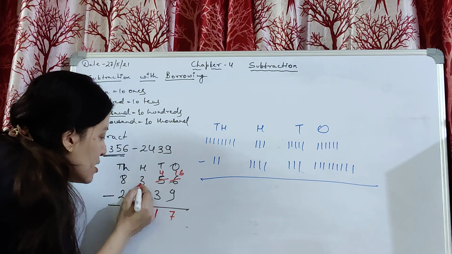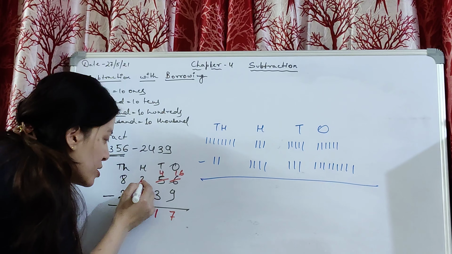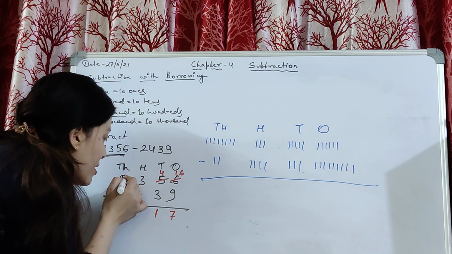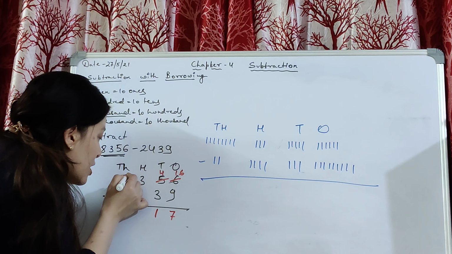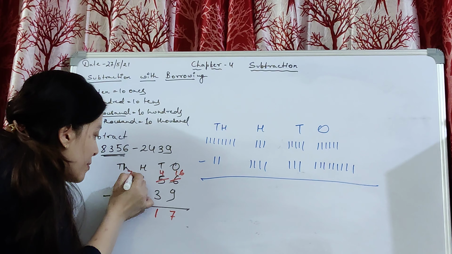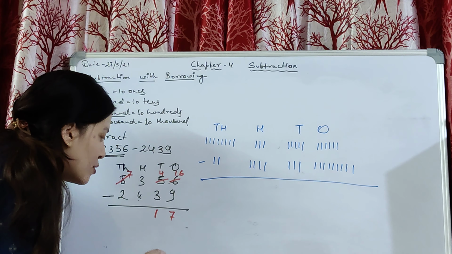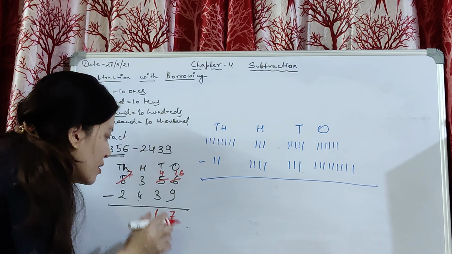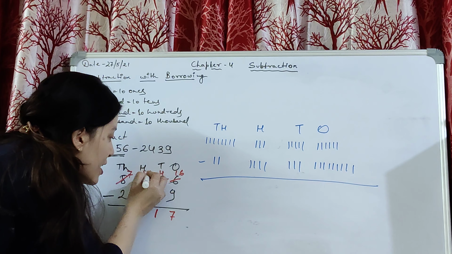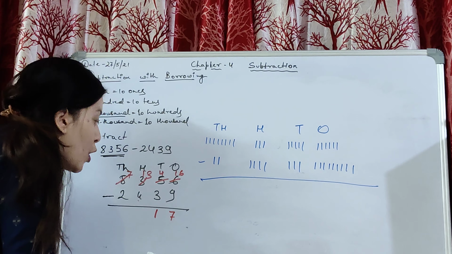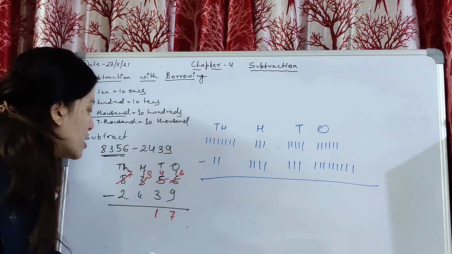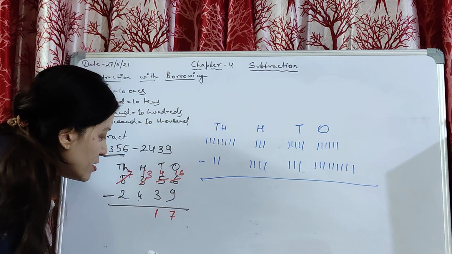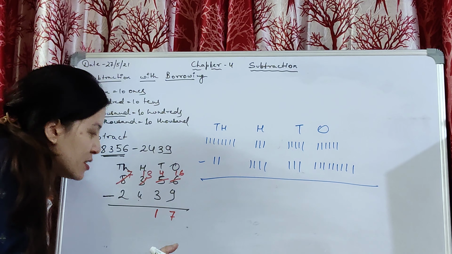Okay. Now this 3 cannot subtract 4 because it is small. It will borrow 1. यहाँ से उधार लेगा. Okay. It will give 1, so it will change into 7. 8 minus 1 is 7. No, 8 has given 1, so it will be 7. Now this will be 13. Isn't it? Because 1000 is equal to 10 hundreds. Okay, 10 plus 3 is 13.